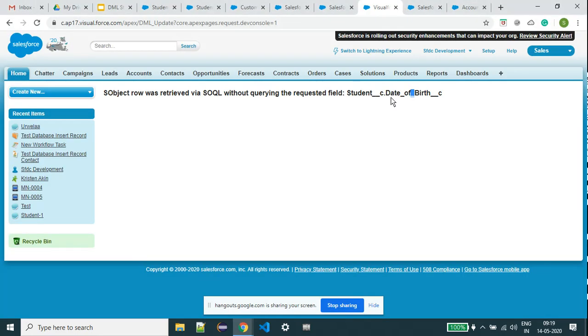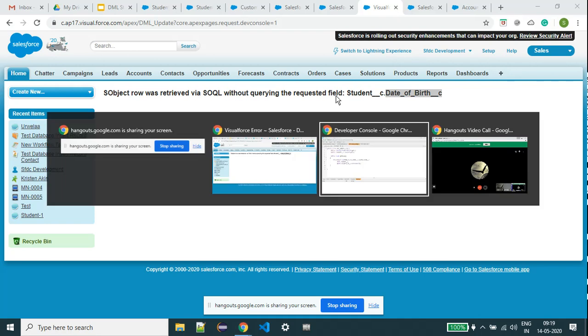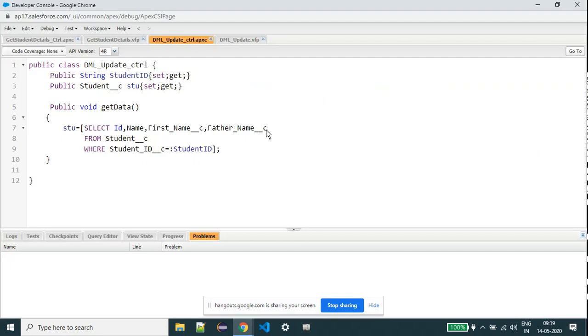When you face this kind of error, it means you have not added that field in the query. You can go for it blindly when you receive this kind of error message. For example, I add the date of birth field in the query. I am not using it here, just hiding it now.